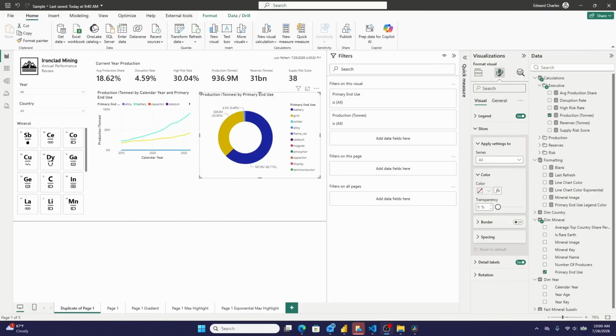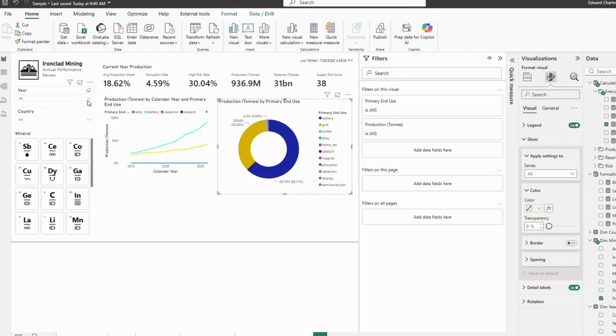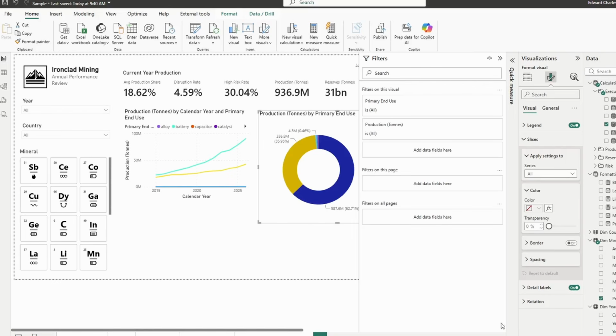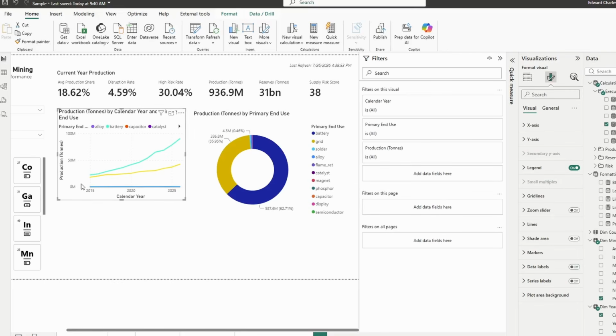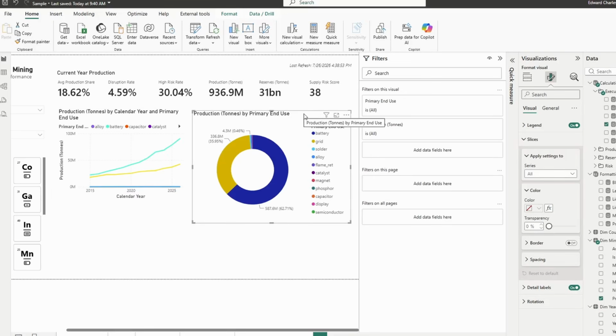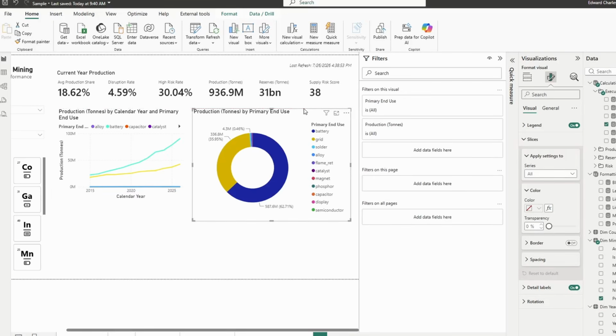All right, let's start by framing the problem that this new feature solves. So here I have a dashboard that I'm in the middle of building. It's primarily a black and white themed dashboard, but here I have two charts and they're showing the exact same values, only I have customized the colors on this chart and I have not customized the colors on this chart. As you can see, there's a bunch of different categorical columns here that I would have to go through